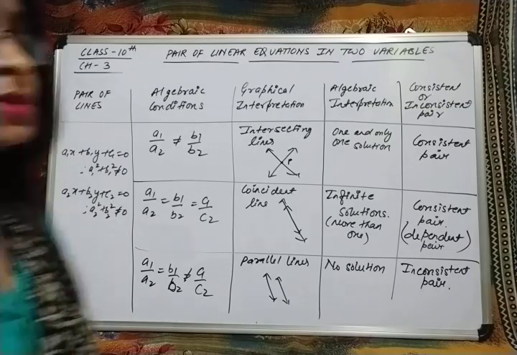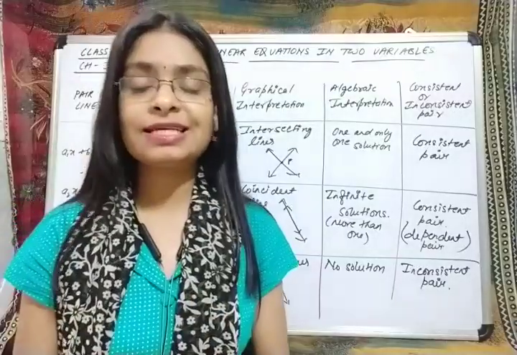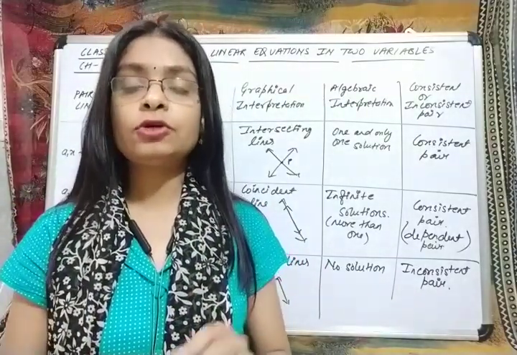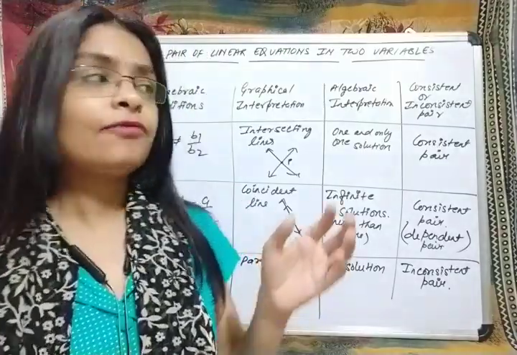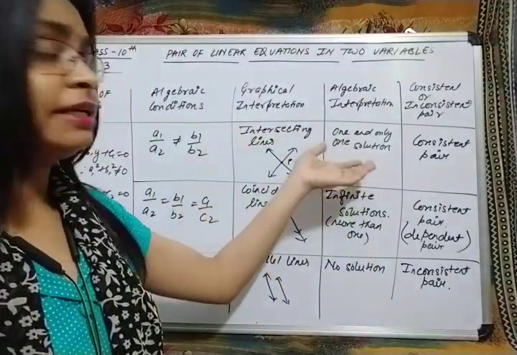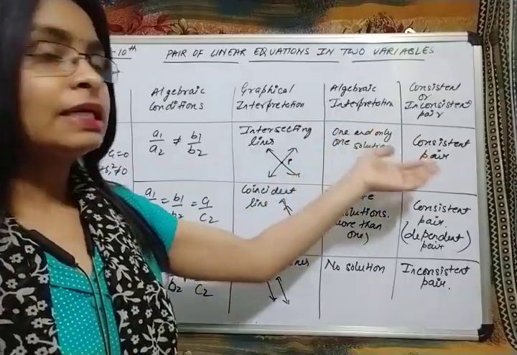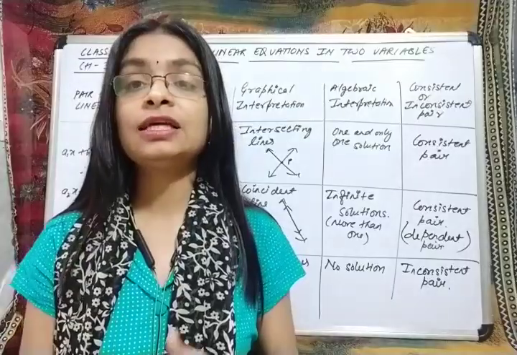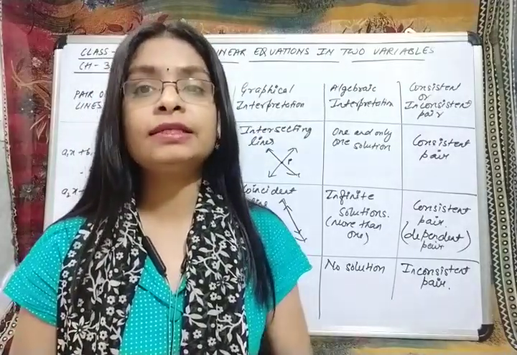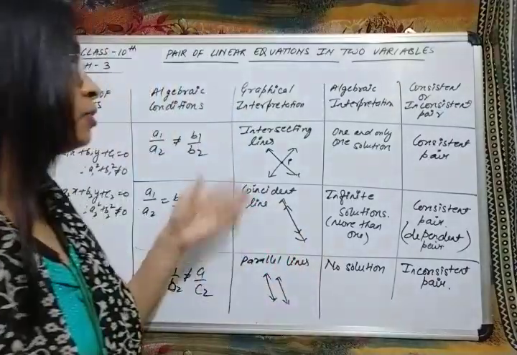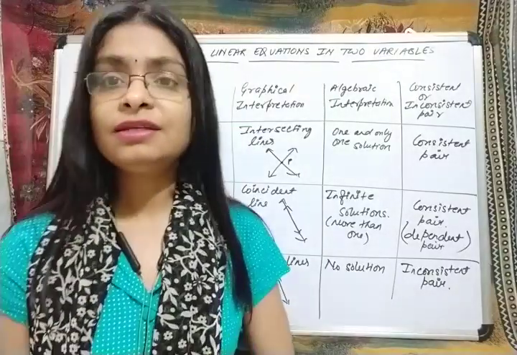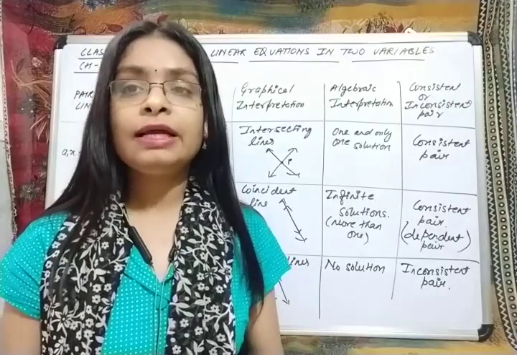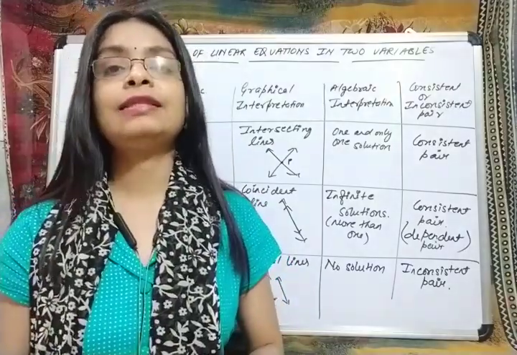Now in this video I have only discussed the introductory part, the starting point of this chapter, but some of the topics are still remaining. Here we have already discussed the graphical interpretation, algebraic interpretation, consistent or inconsistent. But we still have to discuss how to find the solution algebraically. Not always are we going to just plot the graph and get a solution. That will be time taking. So algebraically, how are we going to do that? In our next video we are going to discuss that.